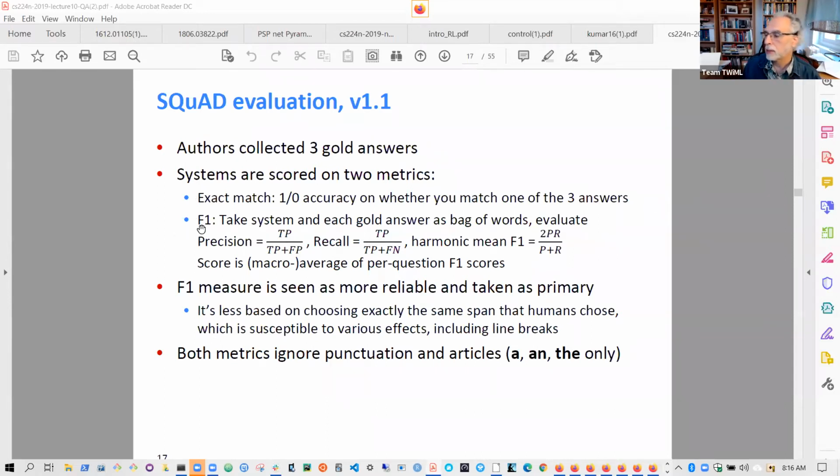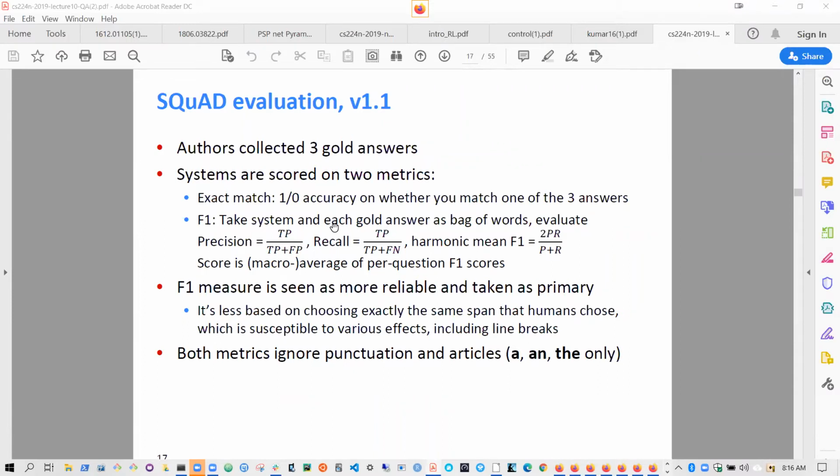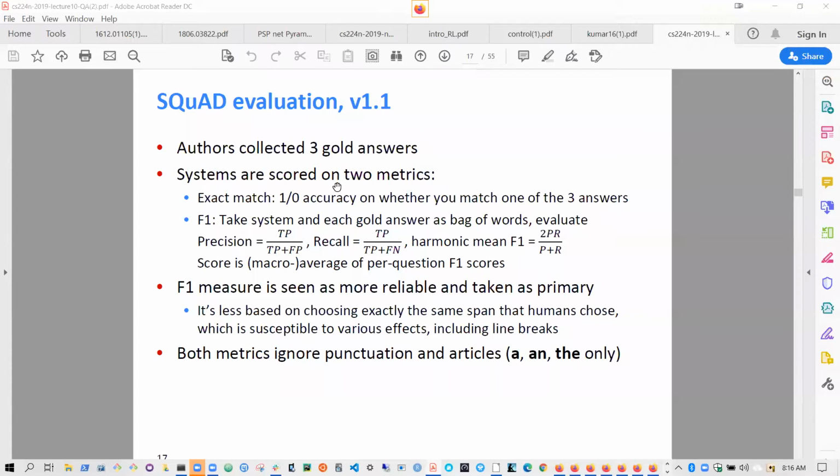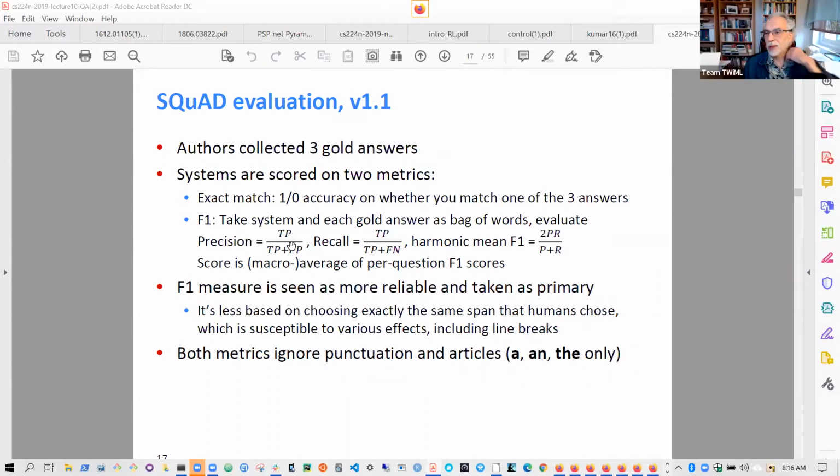But then he says that the F1 score is much more useful as a metric, and the F1 score is just as we expect. It's the harmonic mean of the precision and the recall. Remember what precision is, sometimes you always have to go back to the Wikipedia page, but precision is